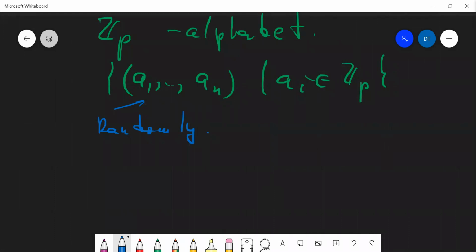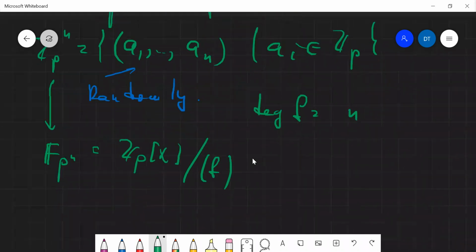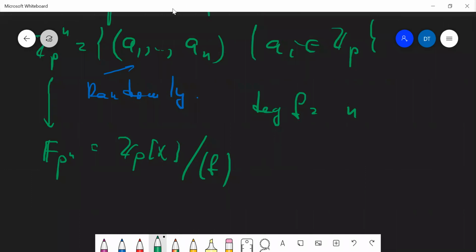So what I'm going to do. First of all, to deal with these sequences, you see this is the set Zp to the n. So instead of dealing with Zp to the n, I switch this to Fp to the n, and I produce this set as this quotient ring where the degree of f is n. Then how do I identify these sequences with elements of this field? Well, I know by definition that all elements here are of this form,